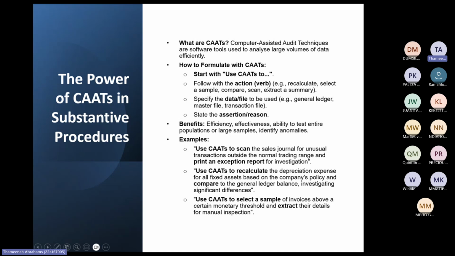So you'll still say use CAATs to recalculate, use CAATs to, for example, compare, to scan, to extract, whatever the case might be. And you will still also relate it to the what, like where is it scanning? So you use CAATs to maybe recalculate the debtors' age analysis, for example. So you still make mention of the source document, and you also still state why. You must still say what the procedure was that CAATs did. So use CAATs to recalculate the debtors' age analysis for mathematical accuracy, or use CAATs to scan the debtors' age analysis for any credit balances, because remember